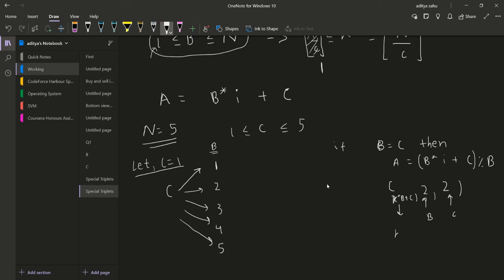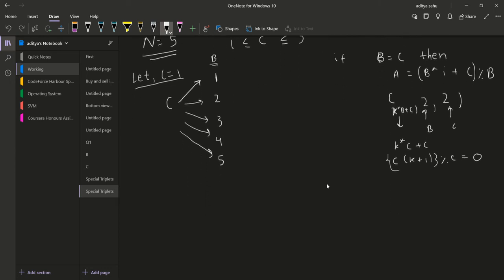Now, if my B is equal to C, then this will essentially be this, right? And I can take out my C common from here and then k plus 1. And now if I do a modular expression of this with respect to B, or here B is nothing but C, I will always get 0. So I can never actually generate valid values of A if my B is equal to C. So when can I generate the valid values of A? That's the obviously next question that you would ask.